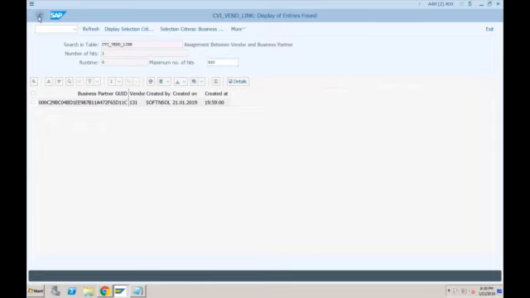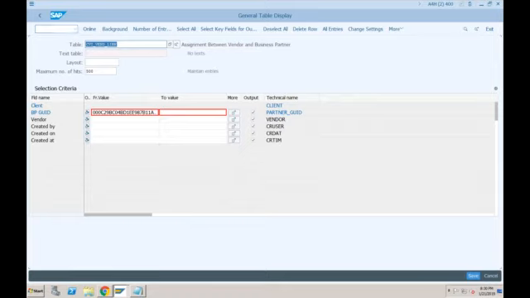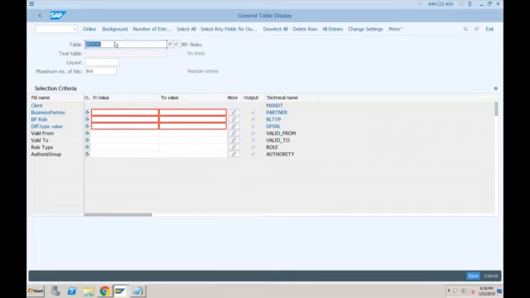Okay. The third table, which you should know from the business partner perspective, is BUT100, which will tell you which roles are assigned to which business partner. So this business partner is available as customer or as vendor or as employee. That information will come here in the BUT100 table.